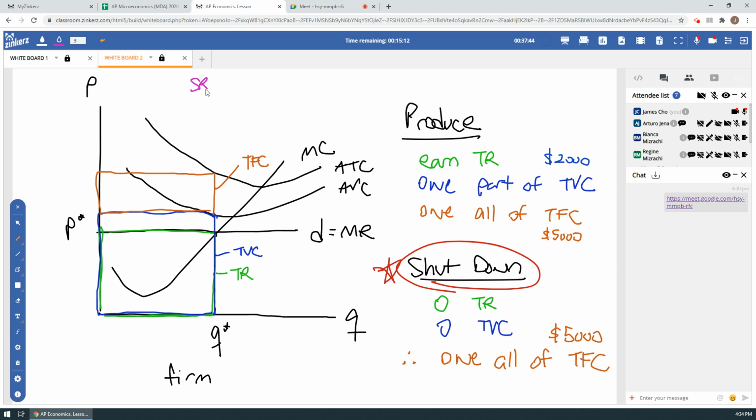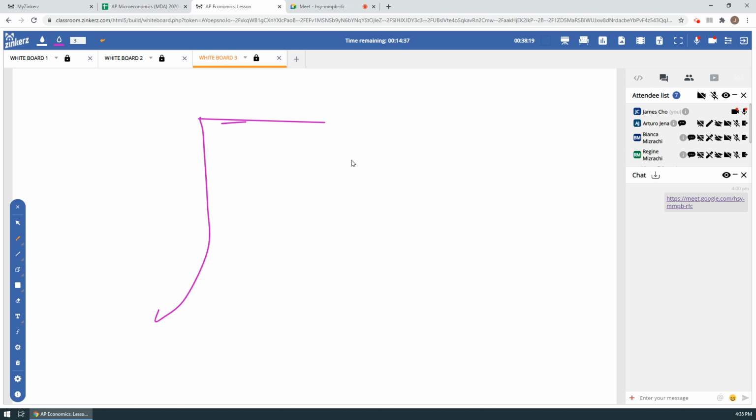Our definition of short run is that some of our resources are variable, some of our resources are fixed. So it's not a set amount of time. It's a concept, it's an idea. So here the short run is where our labor is variable. The short run is where our capital is fixed. And that's what we're talking about here. What is fixed? Capital. It's where our capital is fixed. So just understand that as the amount of time